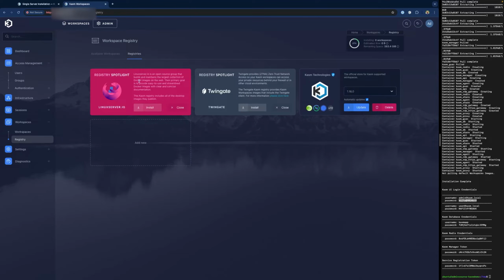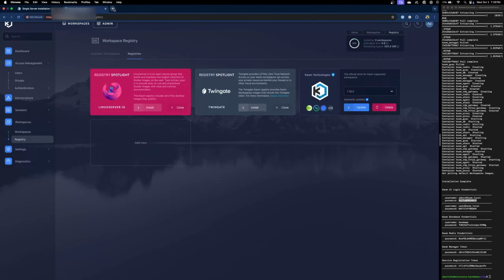For our demo, as part of the new 1.16 build, we've already integrated two popular ones that often get installed: Linux Server IO and Twingate. Linux Server IO is the one we want to install now. We have the ability to just click install here and it will do that.